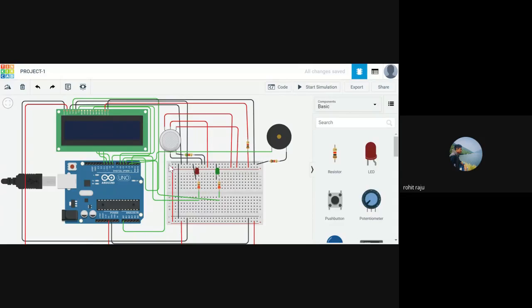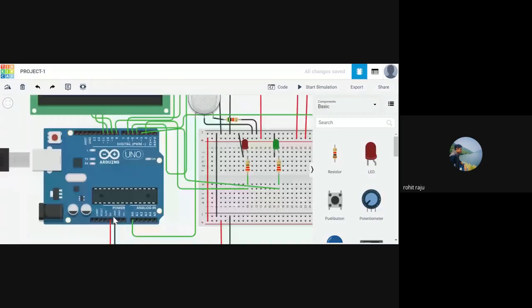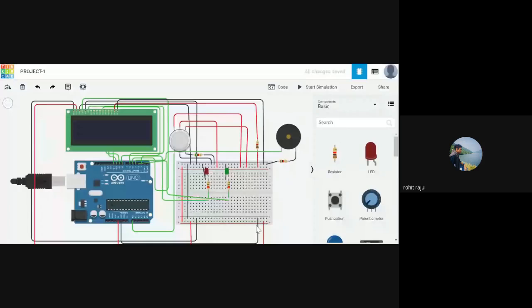All the power wires go to 5 volts and all the black wires go to ground. See, initially I made these two connections, so all these ports are available for ground and power. And I also made these two connections.